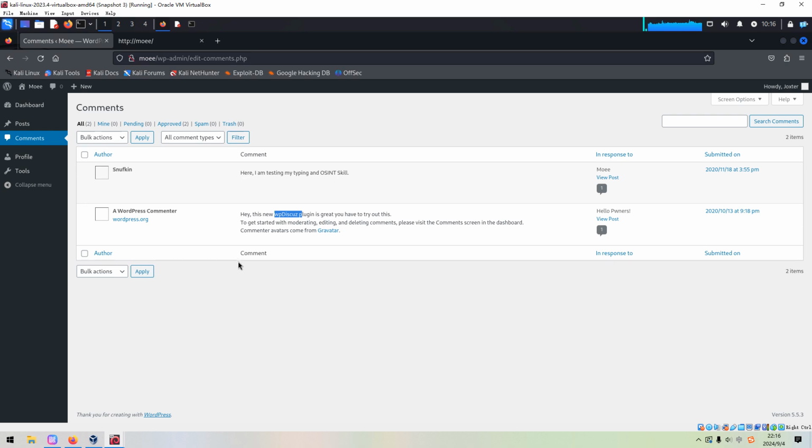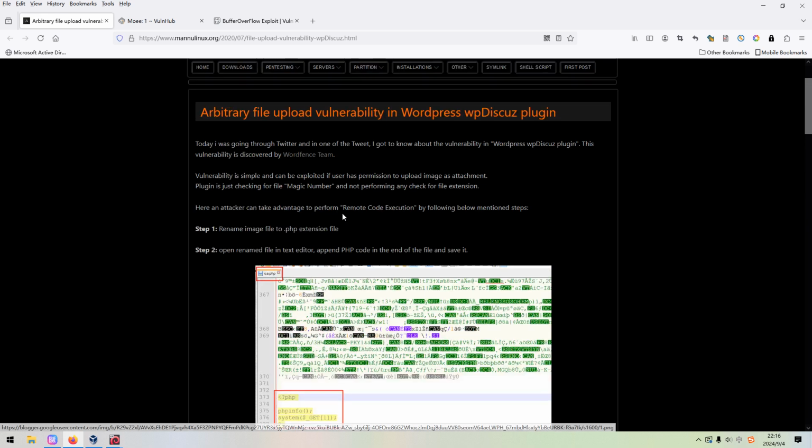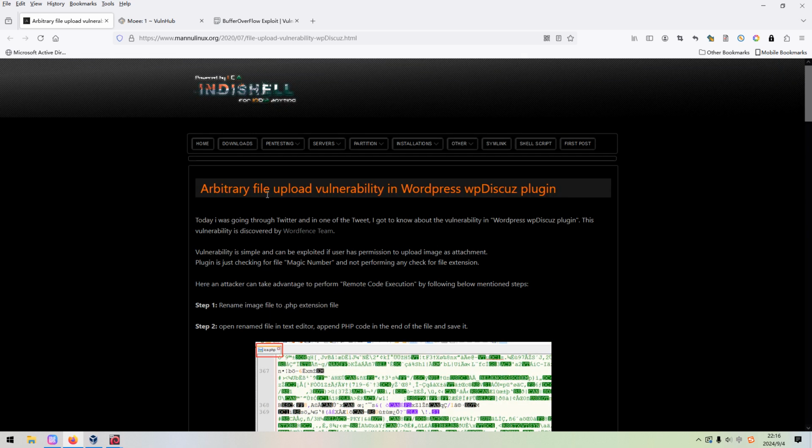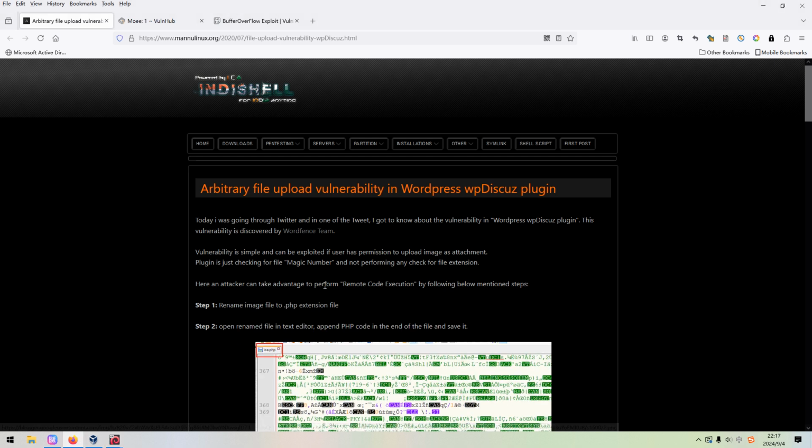So next we need to know, because at this moment the current user cannot do anything, right? So we need to check whether this plugin is vulnerable or not. And you can use Google to make some research, and you can get this link: arbitrary file upload vulnerability in this plugin. And the version of the target falls into the scope of this vulnerability. Okay, so how to do? Let me show you. And we need to rename the image file.